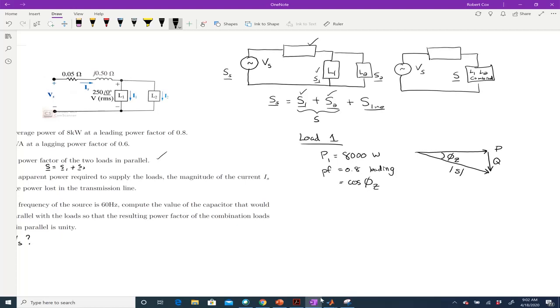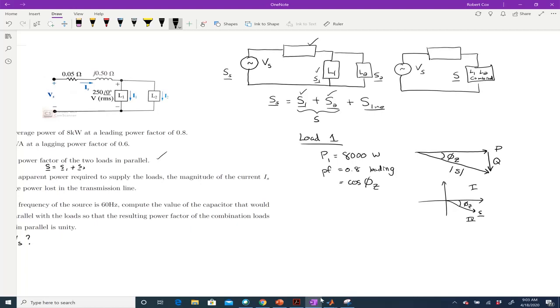Okay, the trick with this is if I think about a situation like this, here my s vector is pointing downward and my phi sub z is here. Okay, so this is my s vector. The problem with cosine is that if I look at the first quadrant and the fourth quadrant, cosine is positive for angles in the first quadrant and positive for angles in the fourth quadrant. So if I have a negative phi z like I have right here, the cosine of that guy is going